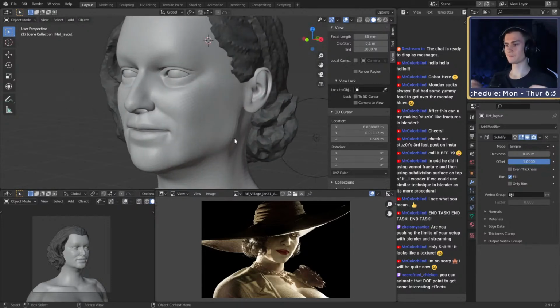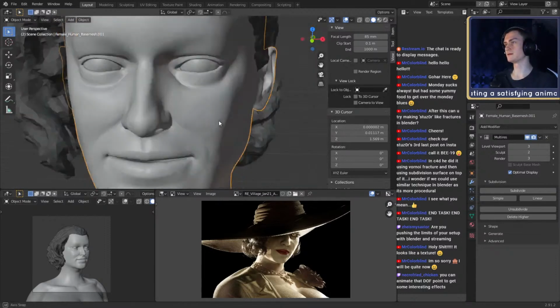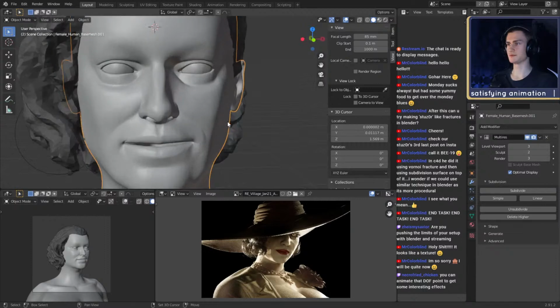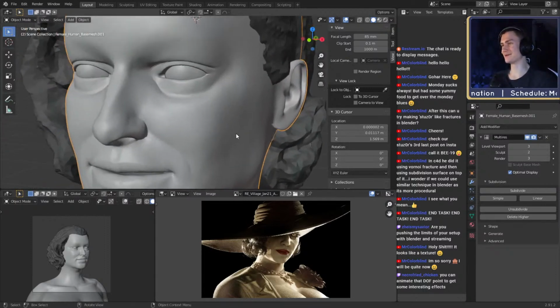But if you're doing a likeness sculpt, in my opinion at least, it's harder to see the character up close if you're working with a female character that has a lot of makeup than if you're working with a male character, just because usually male characters don't have makeup on.